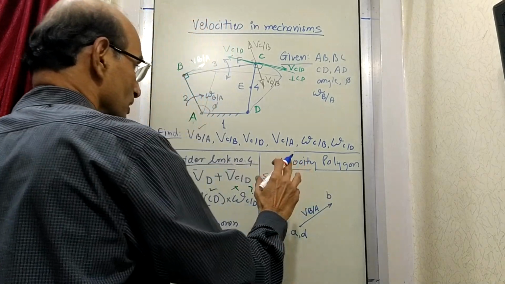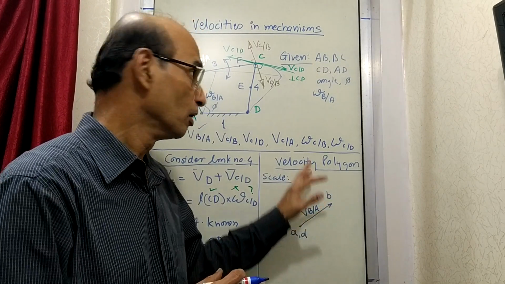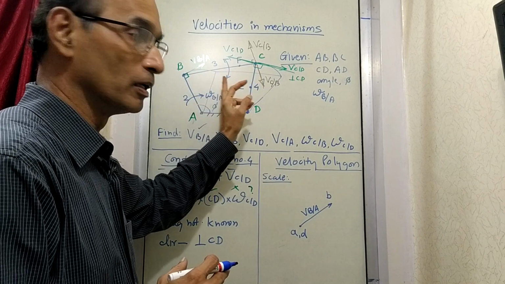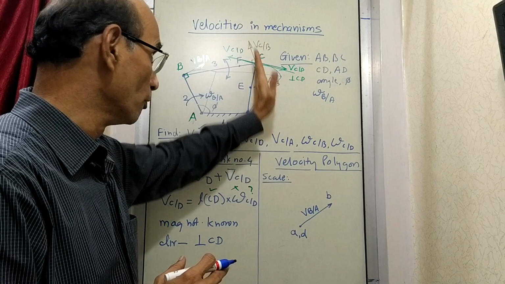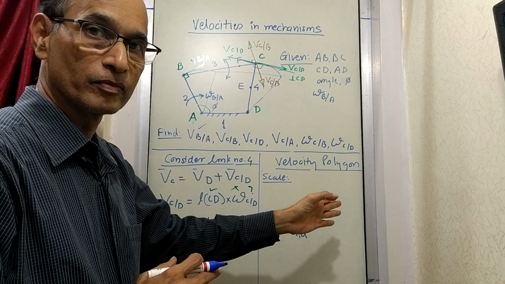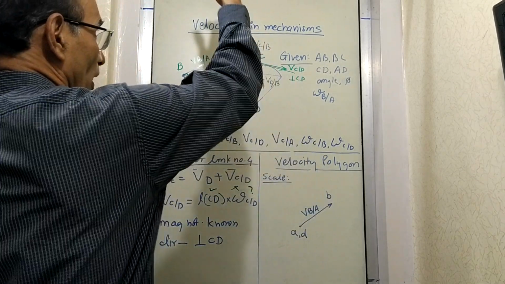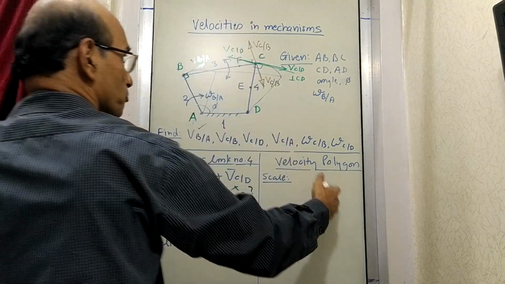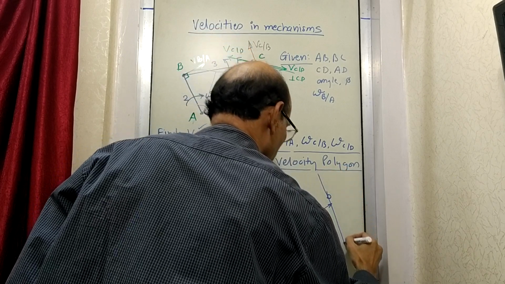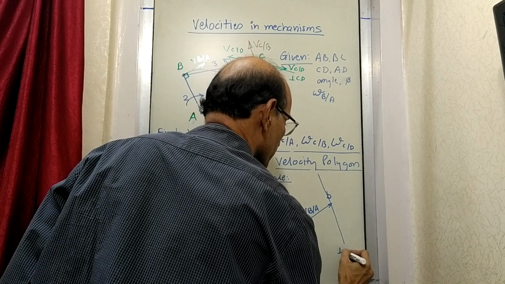Now the next thing is link 3, which was drawn earlier. It was written here: velocity of point C equals velocity of B plus velocity of C with respect to B. That velocity of C with respect to B, we knew by direction, not by magnitude. So we can draw a line to represent this vector. We now draw a line from this point, this way, perpendicular to CB.